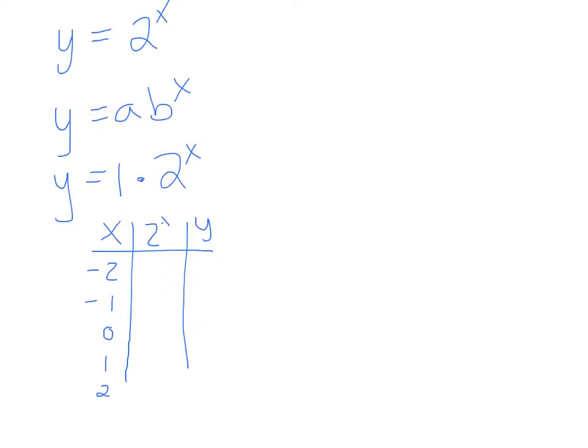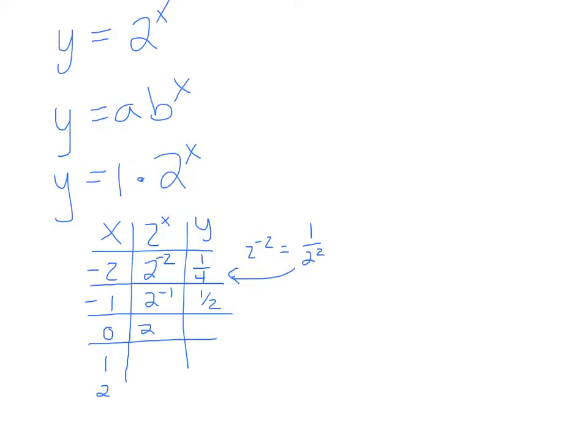If I look at my function, which is saying 2 to the x, and I put in a -2 for x, what does that mean? It means 1 over 2 to the second, which is 1/4. And you should be okay with that because of the exponent properties. 2 to the -2 is the same as 1 over 2 to the second. That's where I got this 1/4. And it follows that these values are here. 2 to the 0 would be 1. 2 to the 1 is 2, of course. And 2 to the second,